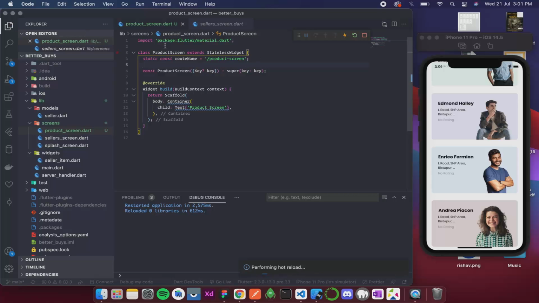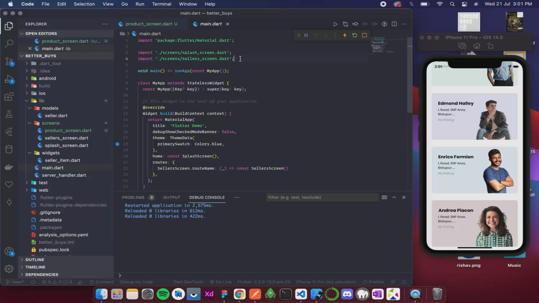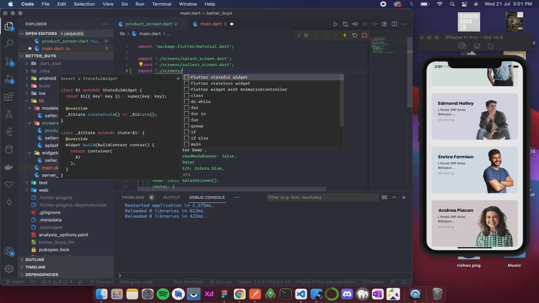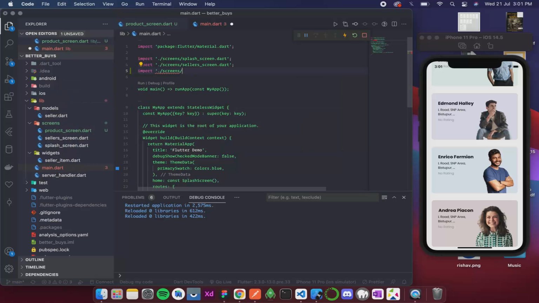Now I'll add this route name in our main dot dart. Over here first I need to import it, so import screens, and then it is product screen.